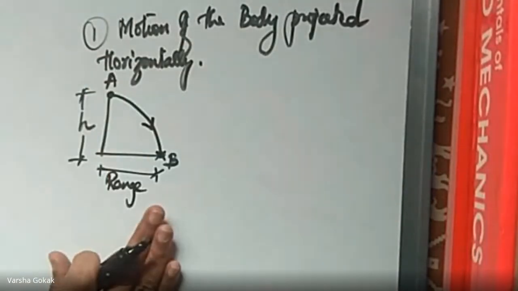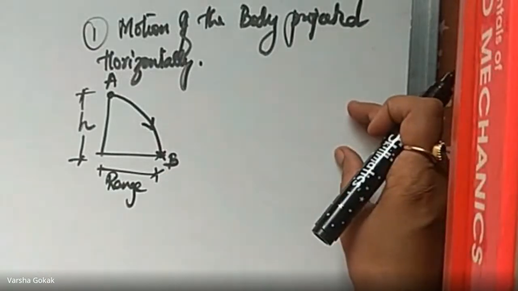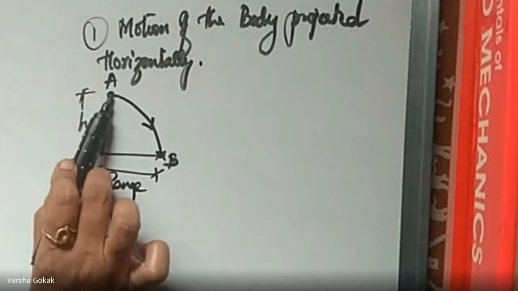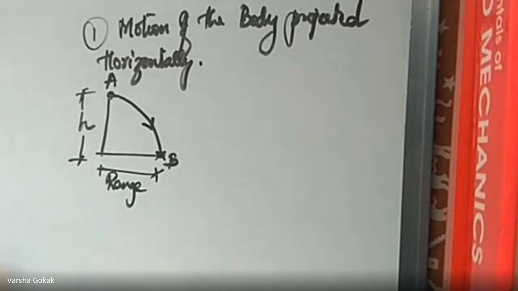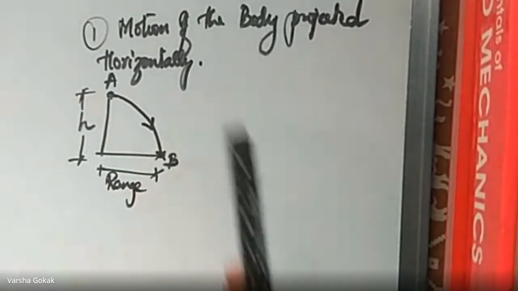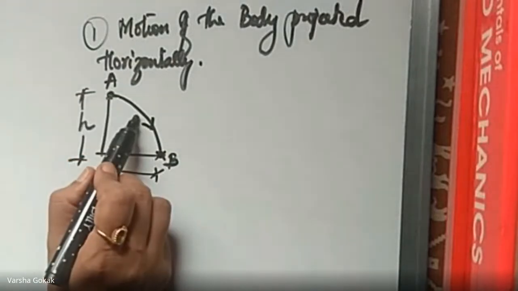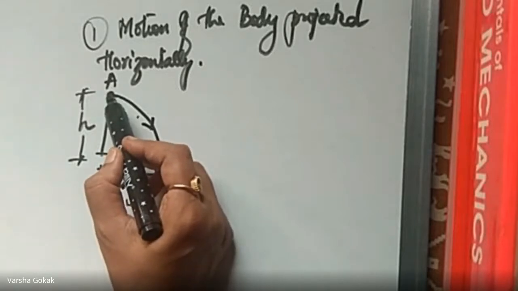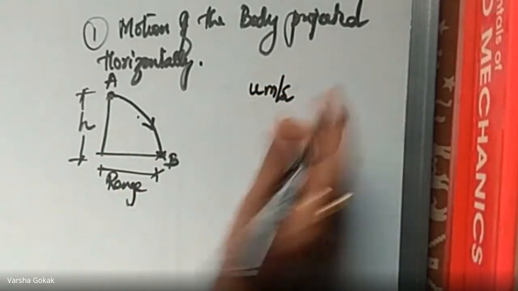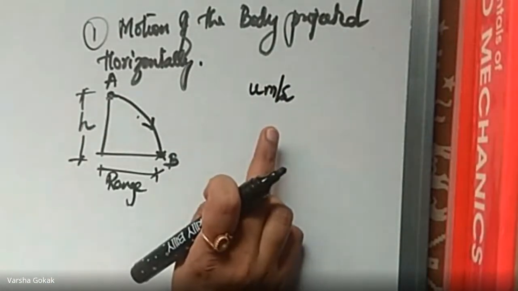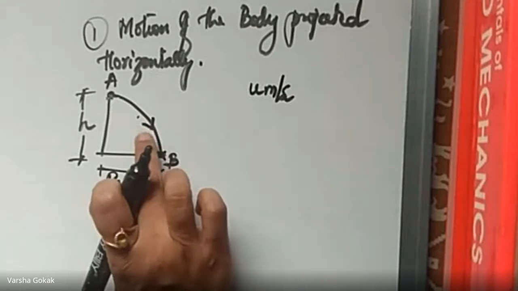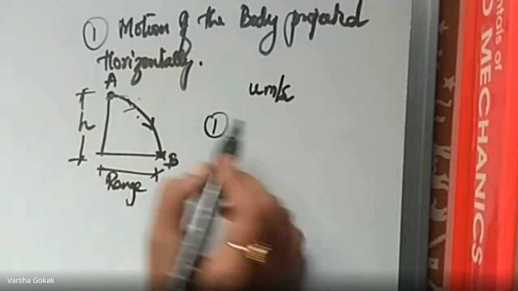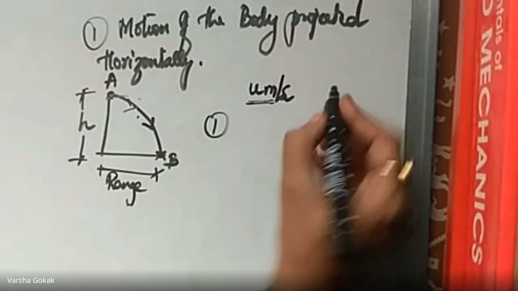Whenever you draw the diagram like this, you write in one line what this diagram is. So you write, consider a particle thrown horizontally. Now for me, I can only drop it like this also, correct? And there is a difference in throwing it horizontally. So I will be giving a horizontal push. So consider a particle thrown horizontally from point A with a velocity of u meters per second. So I will give it an initial velocity of u meters per second. At any instant, this particle is subjected to.